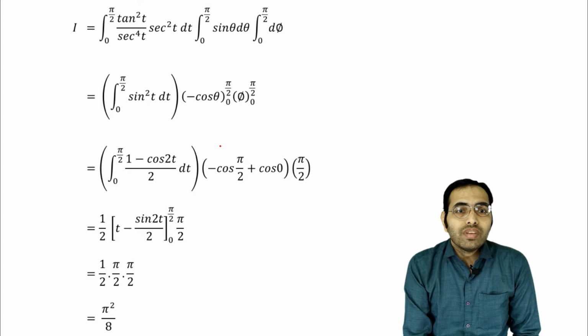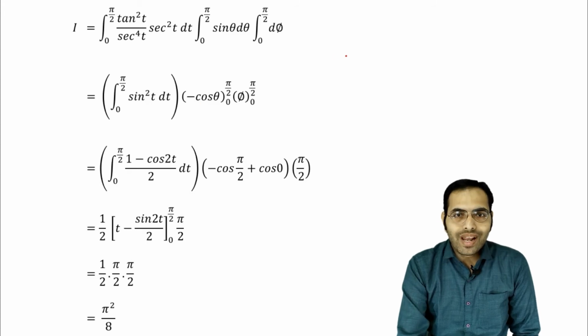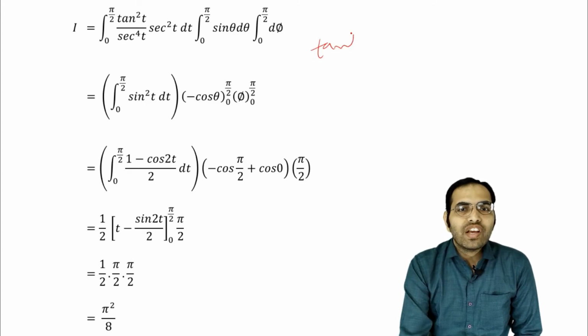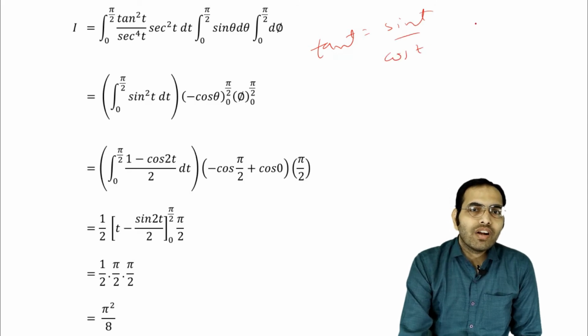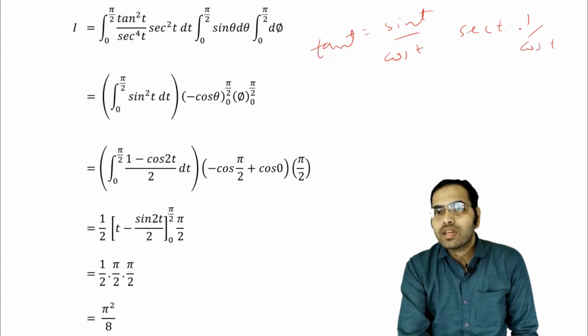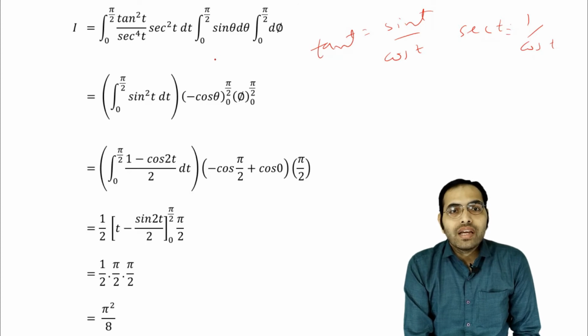Now here tan square and sec square are converted in terms of sine and cos. You all are aware that tan t equals sine t by cos t and sec t equals 1 upon cos t. Then substituting this value in this equation and simplifying, that will give you integral 0 to pi by 2 sine square t dt, integral of sine theta, that is minus cos theta, where theta varies from 0